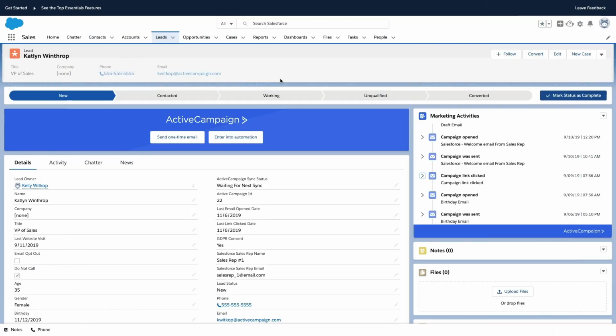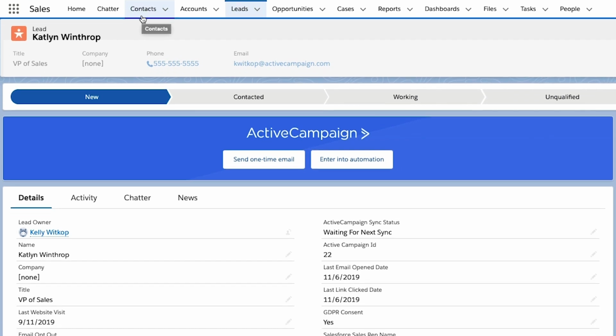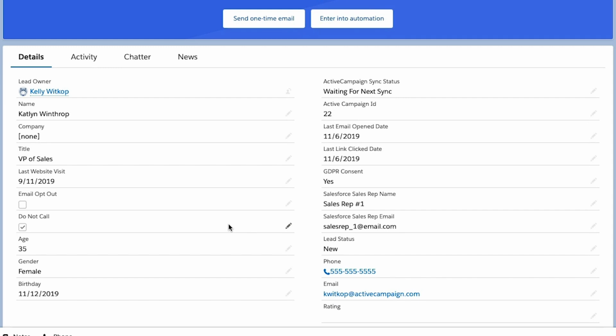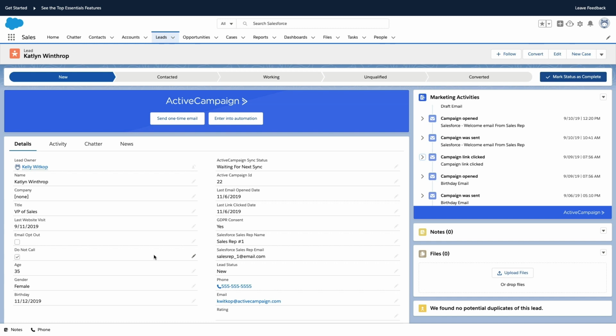The Salesforce integration with ActiveCampaign has two major components to it. It allows you to sync the leads object and the contacts object in Salesforce with your contacts in ActiveCampaign. So any custom fields that you have on your records within Salesforce and any custom fields that you have on your records within ActiveCampaign will have the ability to talk with one another and update each other. You're able to do this as frequently as once every hour, or you're also welcome to do this on a